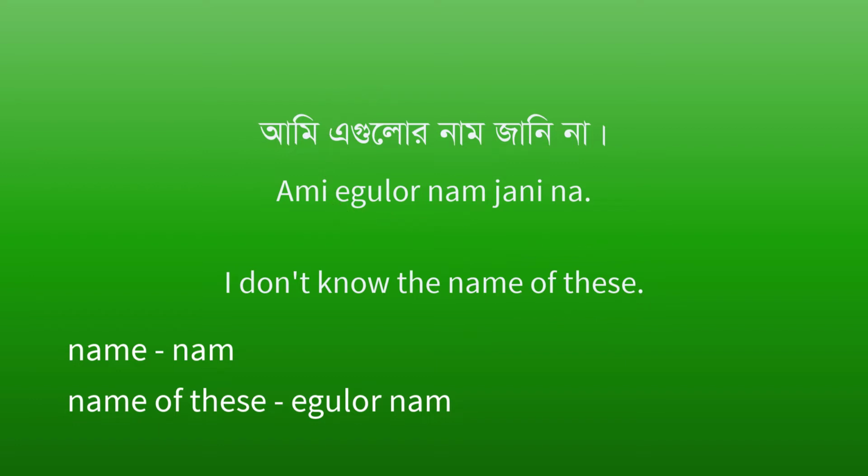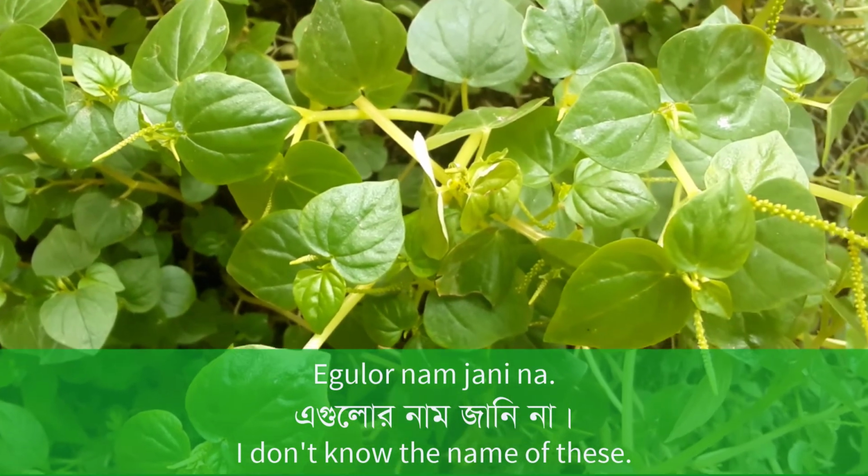So the sentence will be আমি এগুলোর নাম জানি না। I don't know the name of this. আমি এগুলোর নাম জানি না। এগুলোর নাম জানি না।